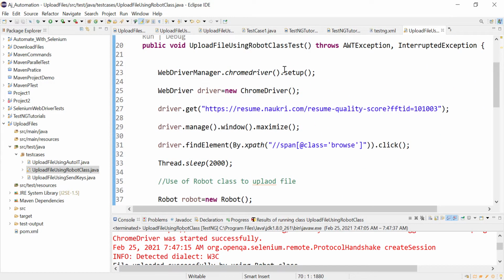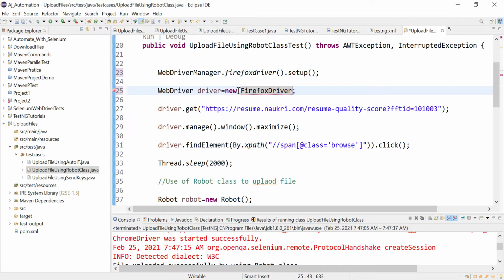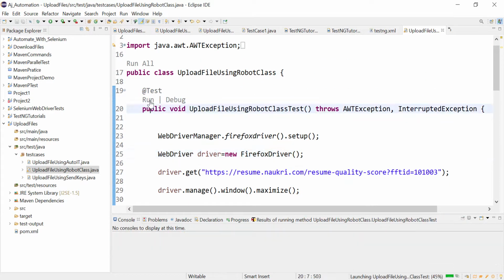Let us go and check on Firefox as well. To run on Firefox, you need to first set up the Firefox driver here. So, WebDriverManager firefoxdriver setup, and here we need to create the object of the FirefoxDriver class. Save it. The same script will run on Mozilla Firefox now. This time we will click on run.